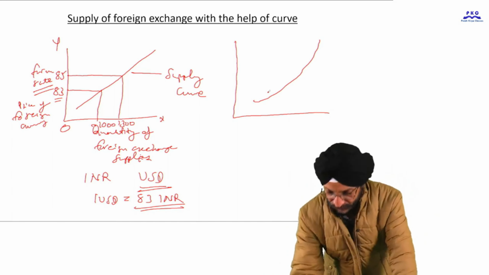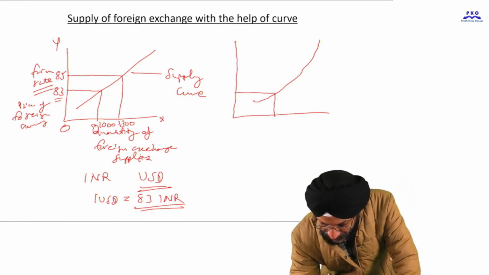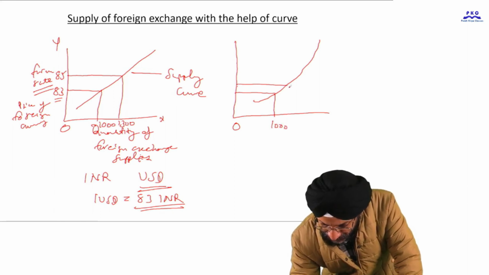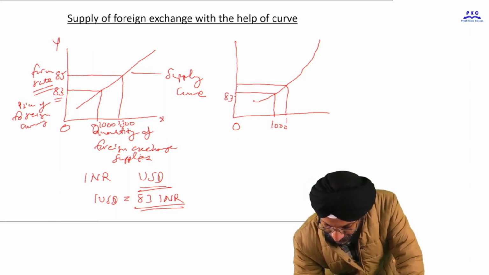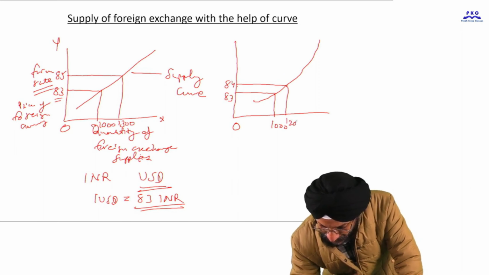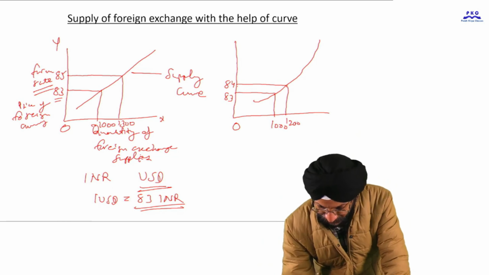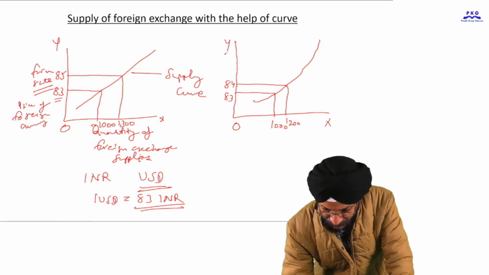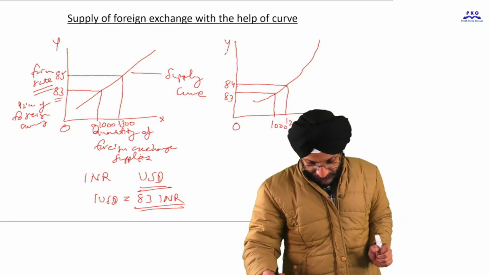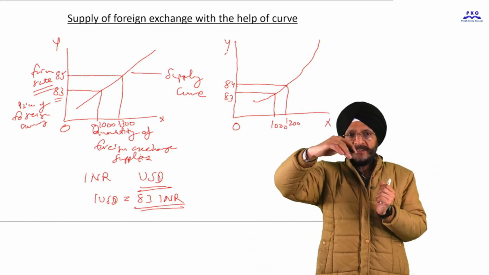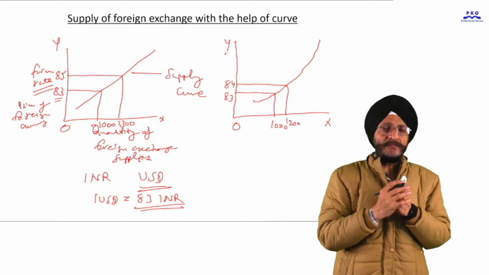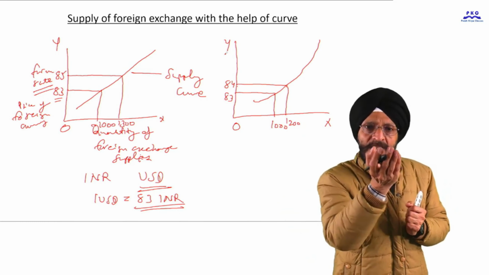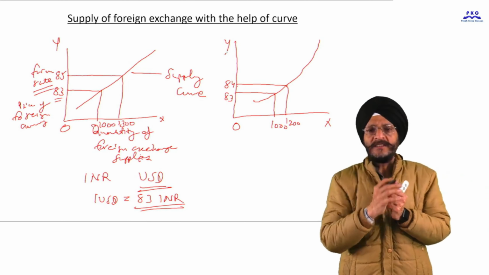Why this one? At this price, the quantity may be 1000, and when the price increases, it moves along the curve. This is 83 and this is 84. Why is the supply curve in the form of a curve? Because when the price of foreign currency increases,